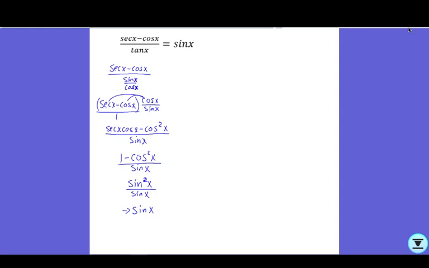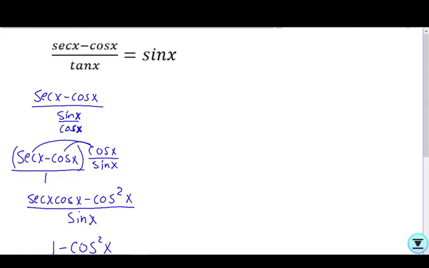Now another way of doing it is, instead of doing this first, you could have changed tangent. Dividing by tangent is the same thing as multiplying by cotangent, and you would have gotten basically to this step doing it that way. Another way of doing it, which would make it so much easier, and this would be the second way I would suggest, is if you knew